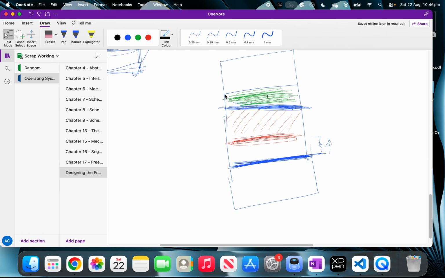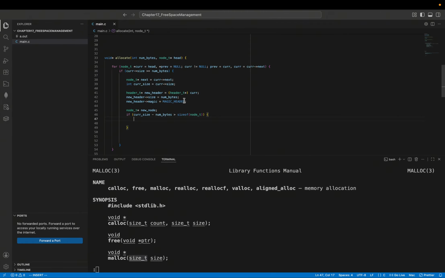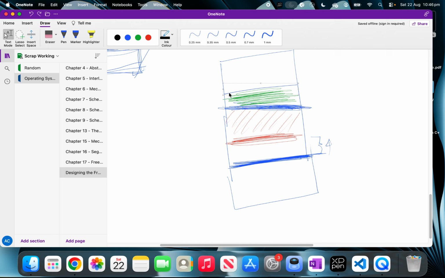Where am I? I know I'm like here, right? Like header T, new header is the start of the green. So I add the size of,